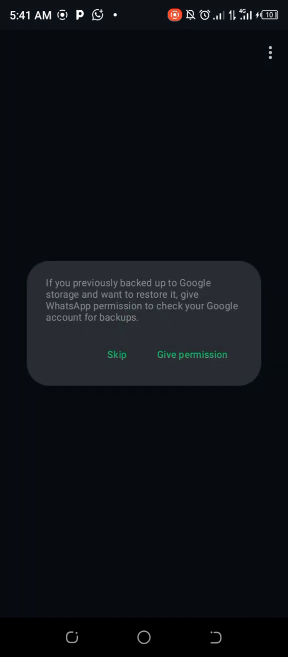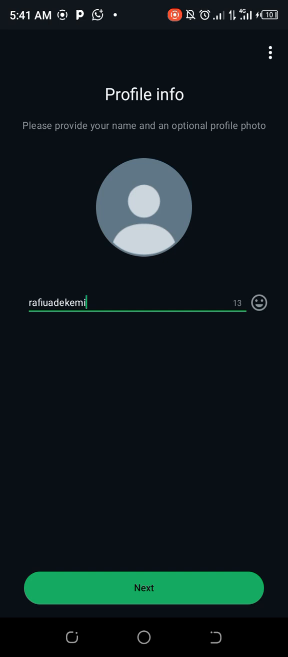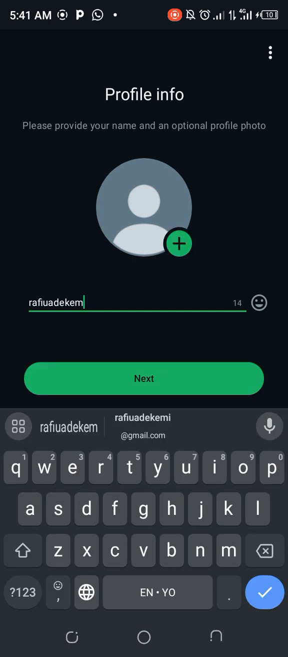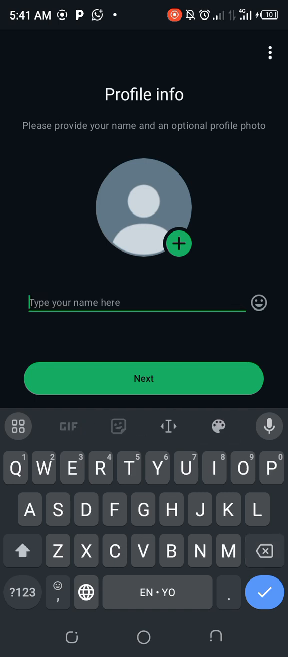And the next thing is for you to input your name and pick the particular picture that you want to use. So you just allow that. I wanted this place to show for me, that was why I clicked on skip. So here you input the name you want to use. You input your name,